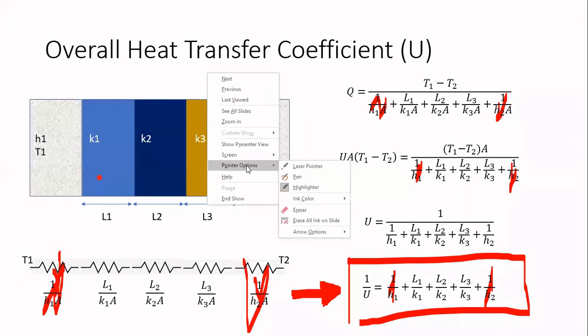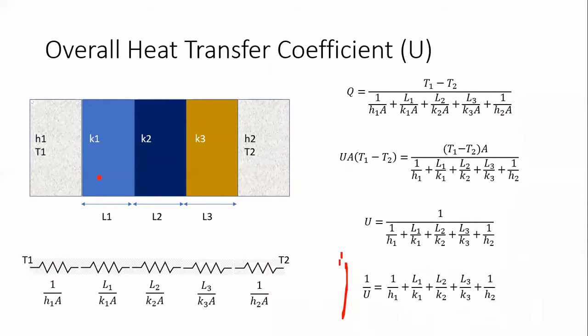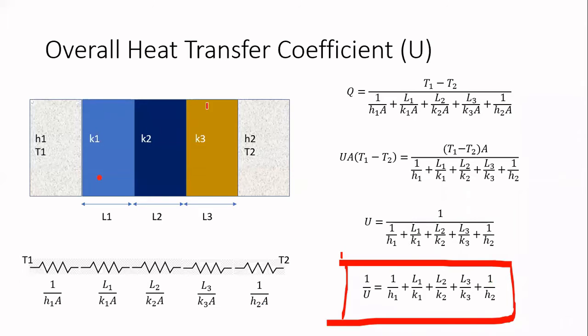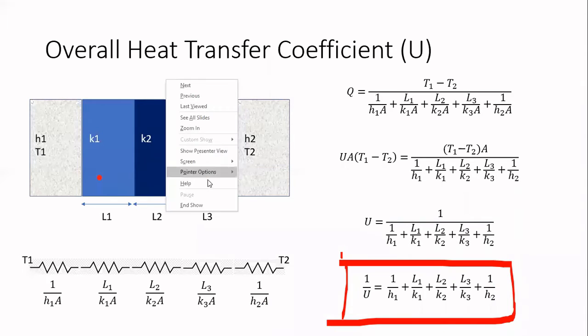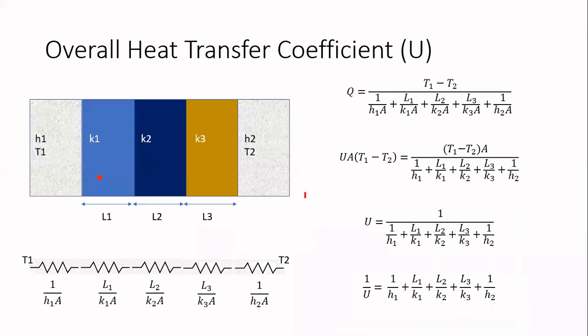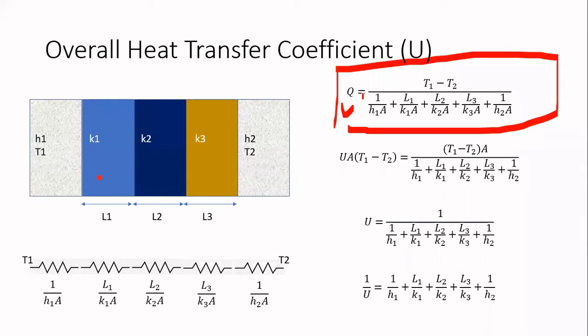The question is to find the overall heat transfer coefficient. I will prefer not using any formula. I will go for a simple method. We know how to find out heat transfer for any given case. So what I'm going to do is find out heat transfer for any given case. Q value can be determined by analyzing all the resistances, whatever is the system given. Such a question you can solve.